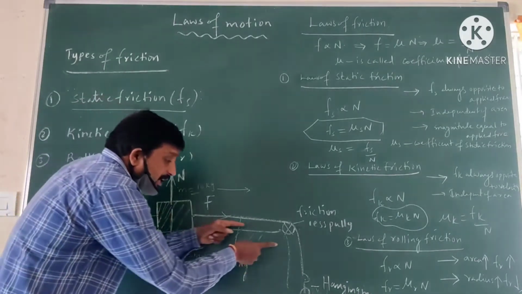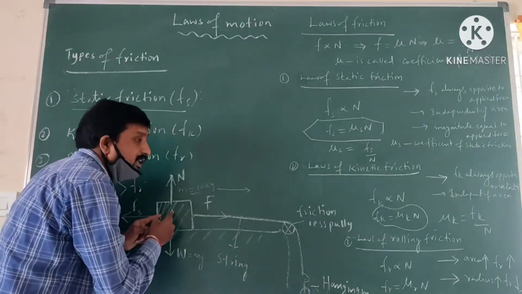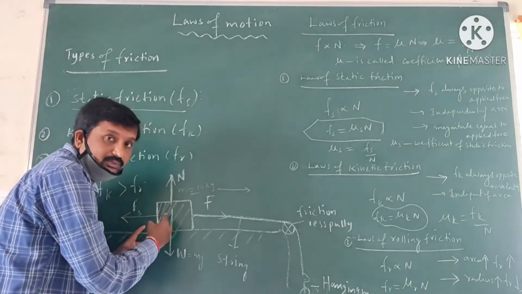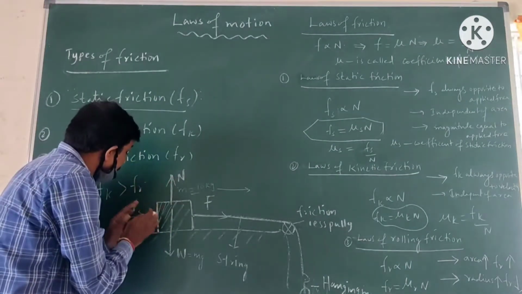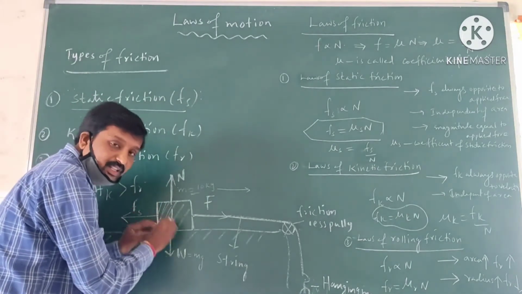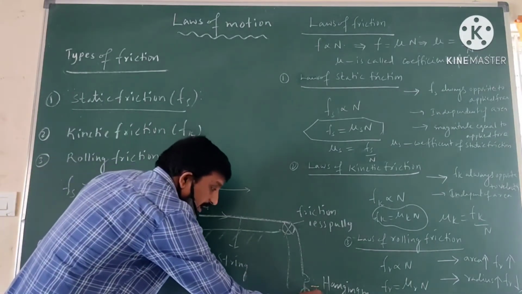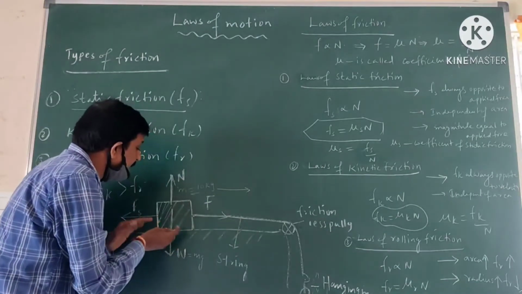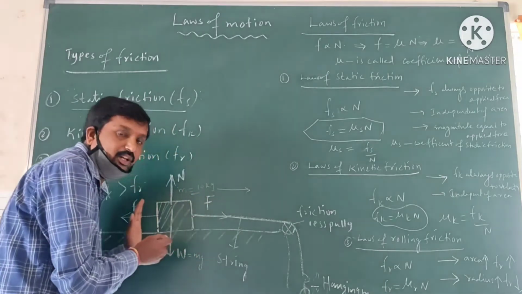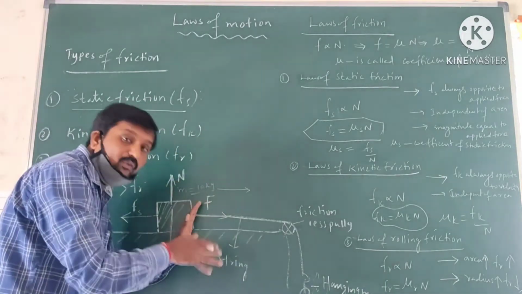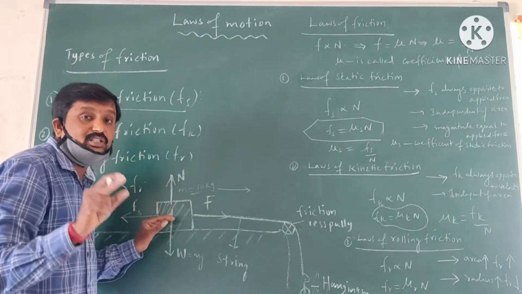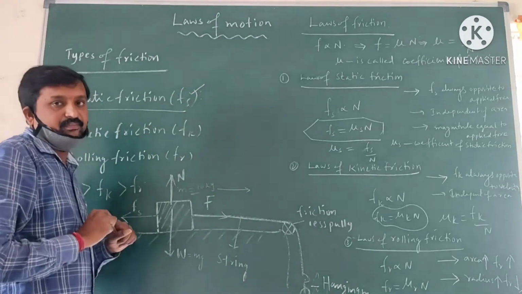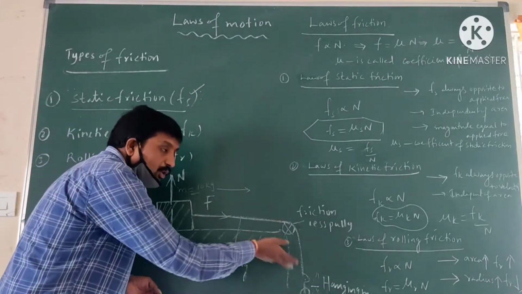Right? So when we increase the external force, the friction force also increases, and it reaches a maximum value. At that maximum value, the friction force tries to keep the body at rest. When we give 11 kg, more than the mass of the body, as external force, what happened? The body tends to move on the surface. Before moving, it has maximum friction. This friction is said to be static friction. The static friction is denoted by Fs.